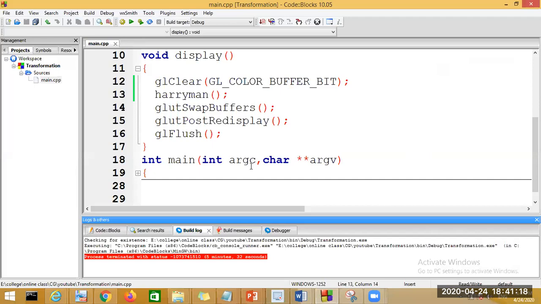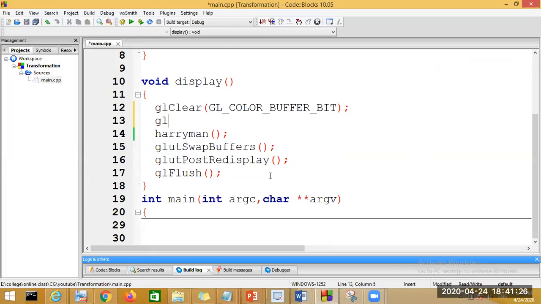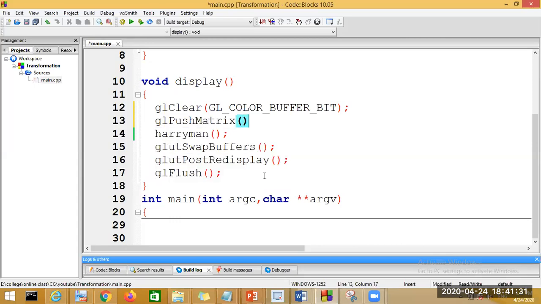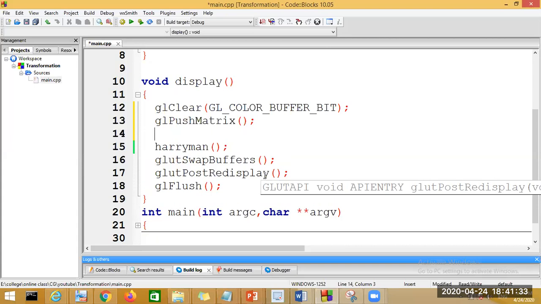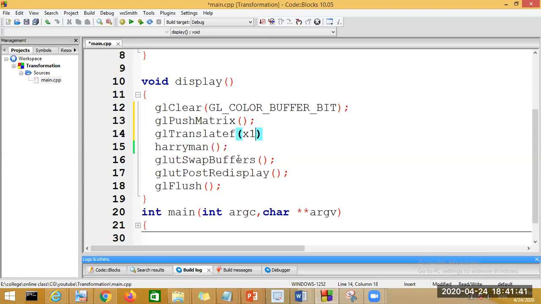See here, I've written the same program. When I have Harry move, you can see only that person moves. Now I'll tell you what things you have to do. glPushMatrix, you have to give glPushMatrix to apply a transformation. Then what is the transformation? I'm using translate, glTranslatef, and I'm using x1, the variable I initialized to 0.